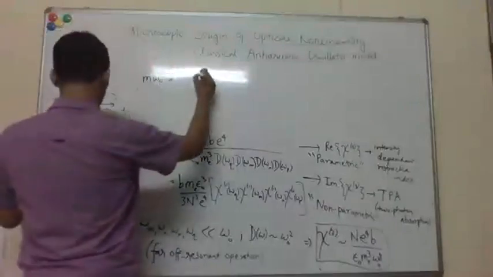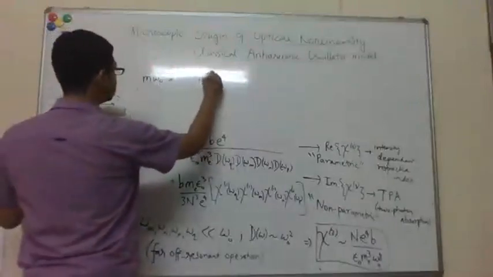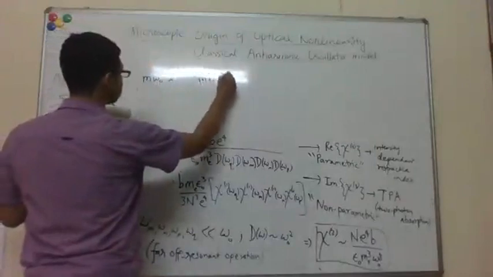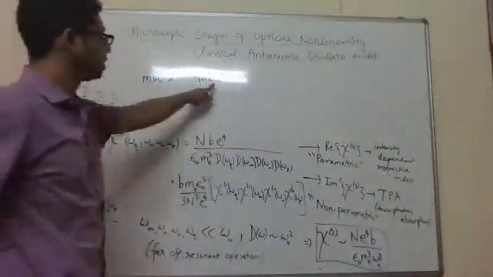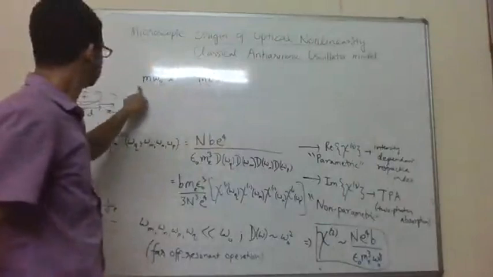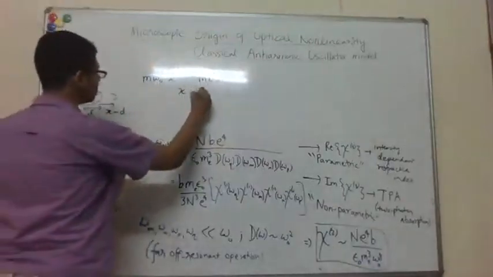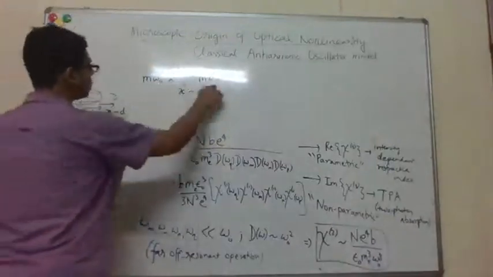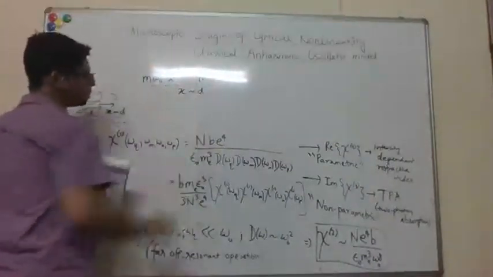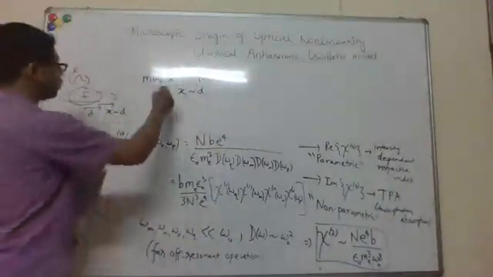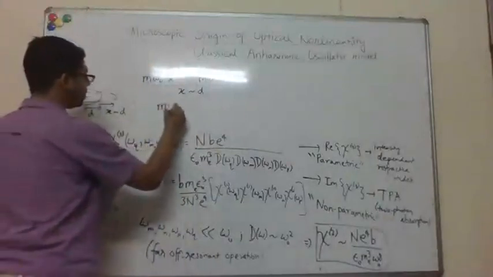And the nonlinear part of the restoring force was this, right? So we are saying when x becomes d, then these two terms become comparable. So you put x equal to d and